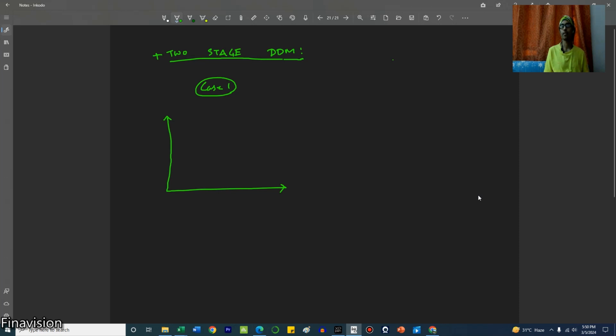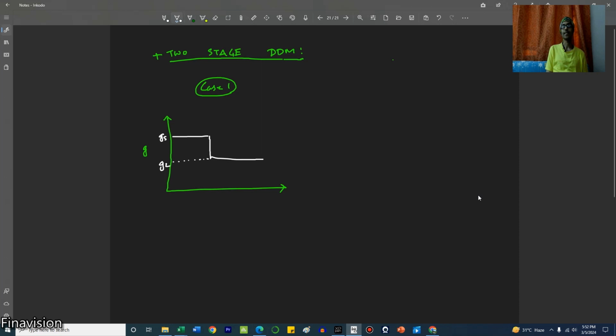the growth rate in the early stage is, let's say, some higher growth rate, which is GS. This is the short term growth rate. Then the rate drastically falls to a long term growth rate, which then becomes perpetual. And this rate you can call the long term or the perpetual growth rate, or GL.